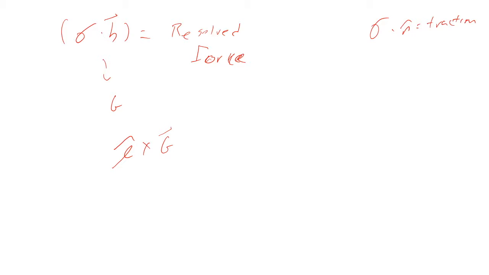Where else in physics do cross products pop up? Okay, in a torque. What's torque? This is basically a moment. This is the unit vector that tells us the direction. This is a force,